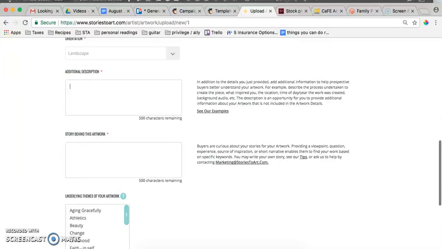So just as a quick example for description, I'll just say digital photograph printed on archival matte paper, framed and ready to hang. There we go. And now for the story, I will say